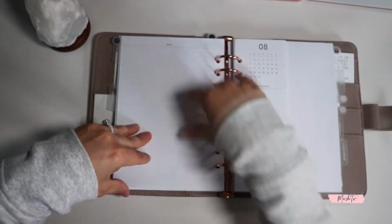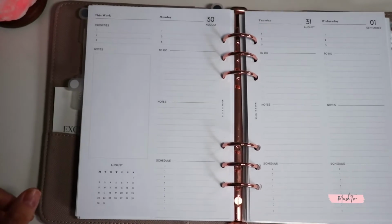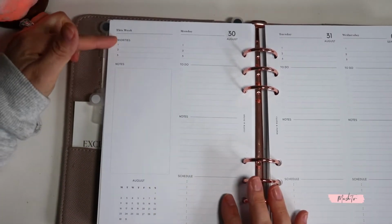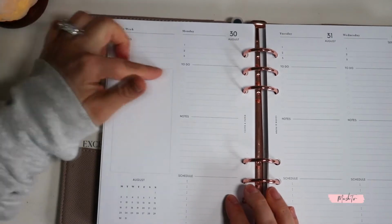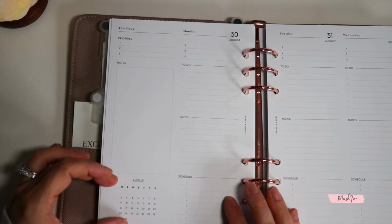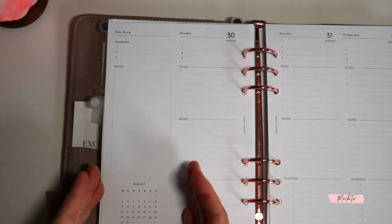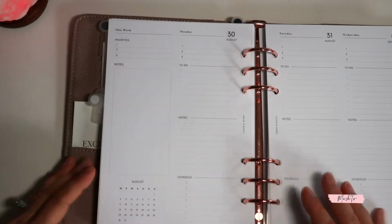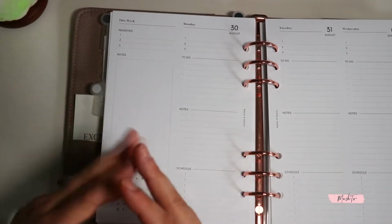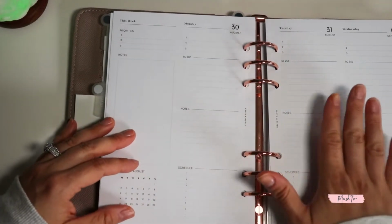First I would like to cover a weekly layout. Here's why I absolutely love this. On one side, you have top 3 priorities, then you have a huge note section, and at the bottom you have the full monthly calendar. Just this half a page alone is going to make your life so much easier, because if you're sitting down on a Sunday and trying to look at the week ahead,